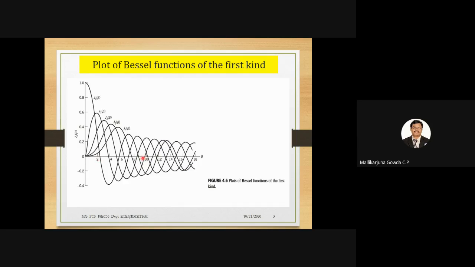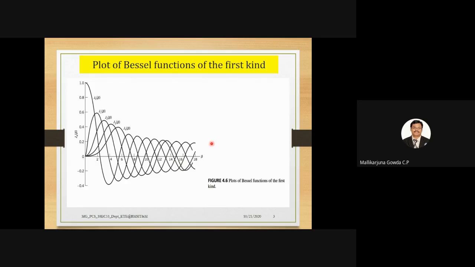So why I said these values, I hope you all noted these values for J naught of beta. First value is what? Can you repeat? Yeah, first one is beta is equal to 2.44. The second value is 5.552. And the third value is 8.65. Then the next value is 11.2, like that. You can write for other values also. Next is at around 14 point something, you can leave. Just these values are important.